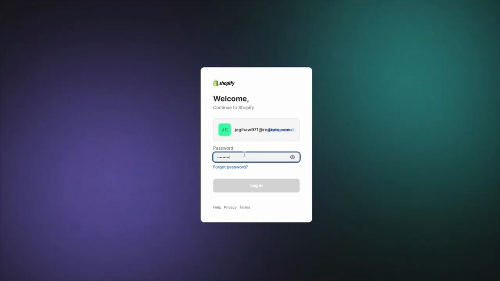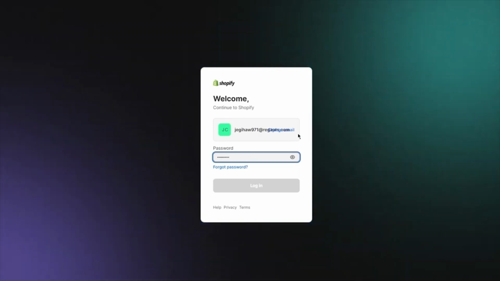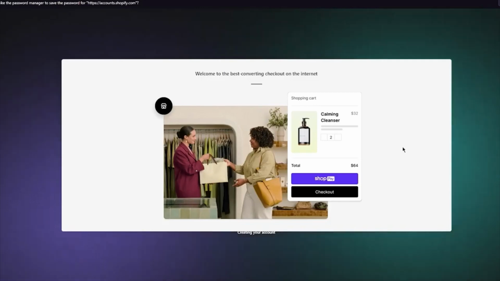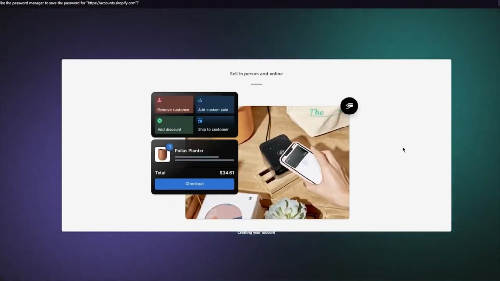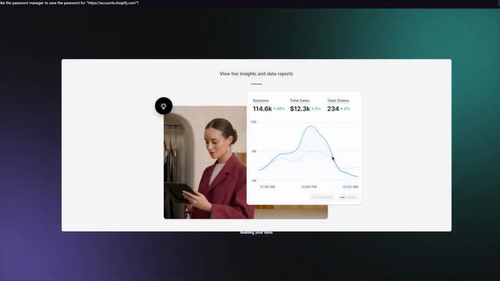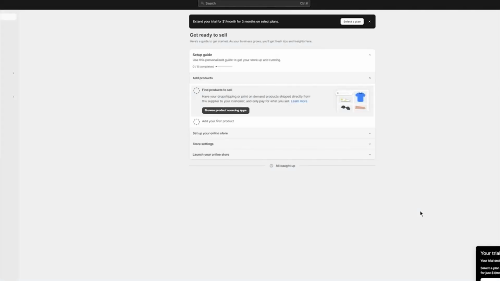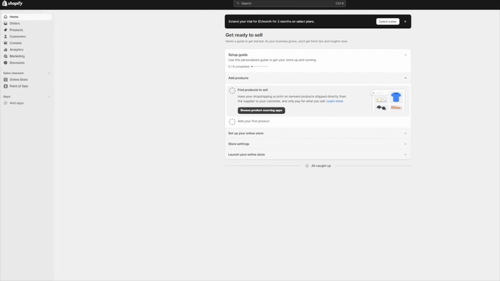When it logs you in, let me show you what the interface looks like. Once you come over here, the screen starts loading, and it's going to bring you to building your store. Once it brings you to building your store, you are going to be taken into this section, which is basically your basic dashboard. Okay. Now, once you're in your dashboard, you're going to be downloading some application,